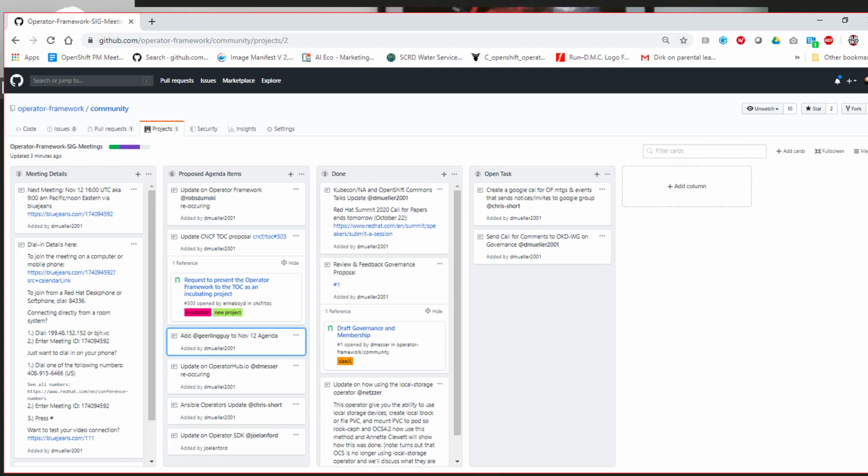And again, if you have a topic like Jeff that we want to talk about at the next meeting, or if there's a topic that you think we should be talking about or an agenda item, please add it to the projects page on the Operator Framework Community Project. And please take a look at the governance document over the next interim. Probably we'll send a notice out with a call for comments to the SIG list shortly as well,